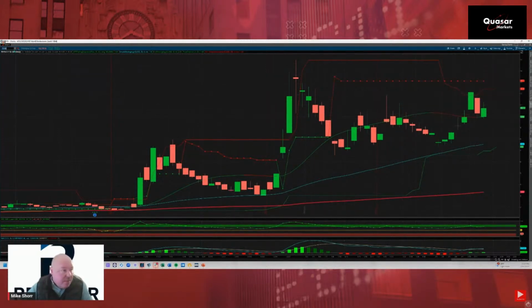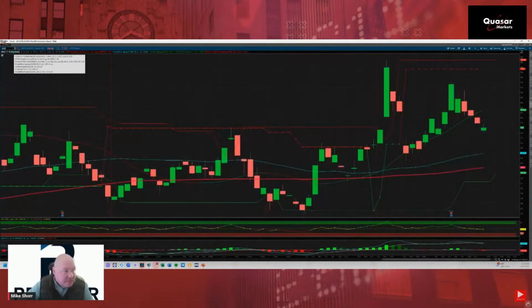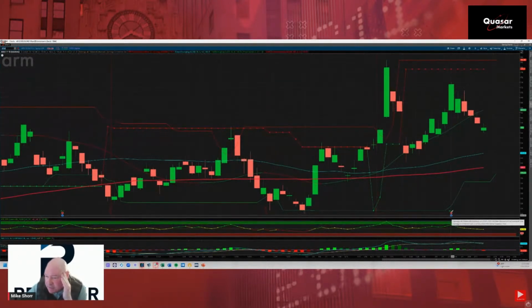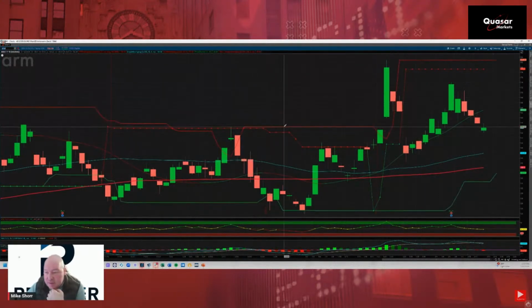All right, ARM is the next one on my list. We had earnings. They were pretty well received, and now we're seeing this pullback. And if you notice, we did have these swing highs that held for a long time here at 156.40 or something like that. We're trading right there. If we can't get back above this nice congestion area, most likely you're going to be visiting this 50-day moving average.